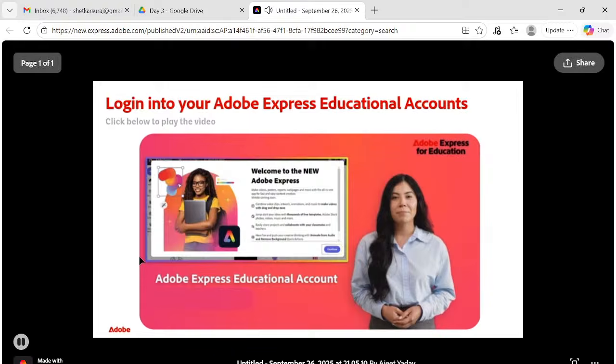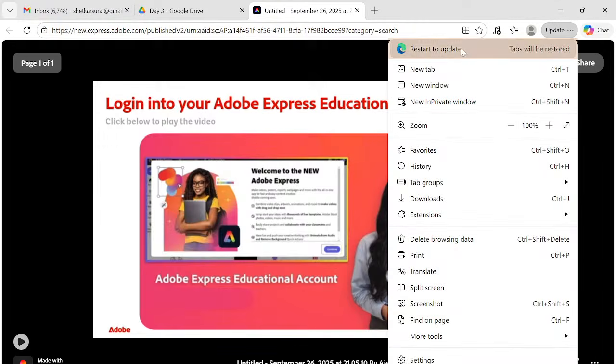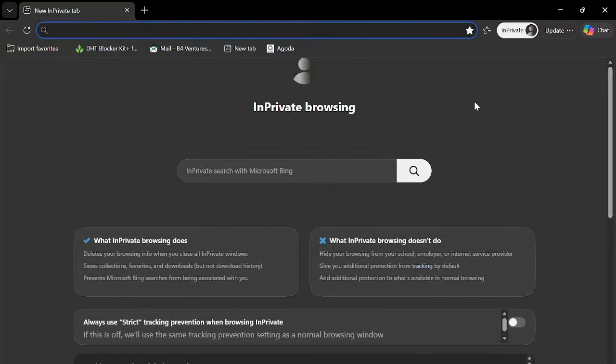All right, so that was a video on how to log in into your Adobe Express educational account. Now let's quickly try to do this. I'm going to show you how to do this. So what I'll do is that I'll just open one browser. So you need to open the browser first, and once you open the browser, then in the address bar you need to enter the Adobe Express website, the URL. The URL has been already provided to you in the description box, so you can even click on that, or you can simply type here